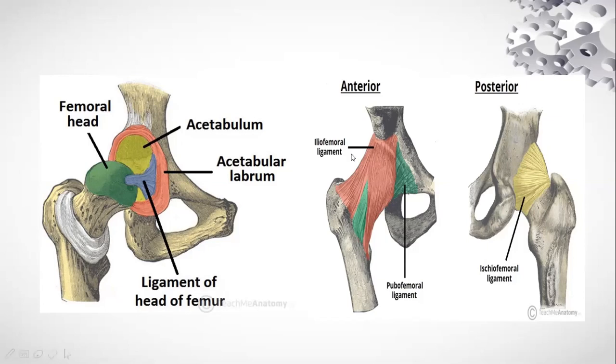Next, again, there are ligaments which support the hip joint. These ligaments also have sensory receptors as well as mechanoreceptors. So again, they have a role to play in the pain which is associated with hip surgeries or acute hip trauma. Here, as we can see from the anterior aspect, there is the iliofemoral ligament and pubofemoral ligament. Posteriorly, it is supported by the ischiofemoral ligament.